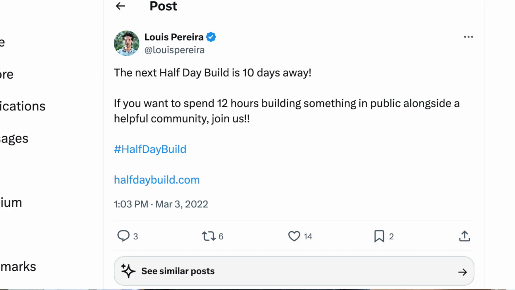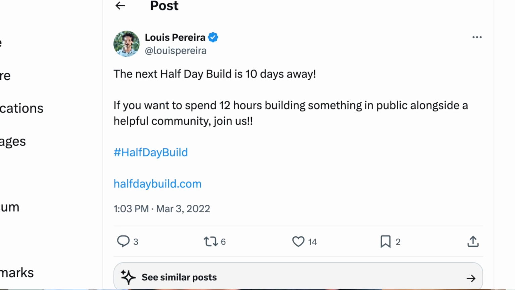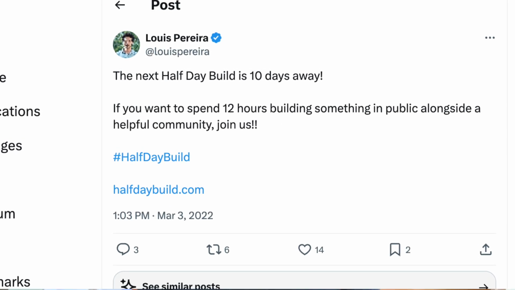Now, we mentioned before about Lewis building in public, and this just means sharing your journey as you build an app, as you build something online. And he talks about how it's important to do this, or the benefits of doing this is that people are going to follow your journey. They're invested in your journey. And if they are following your journey, then they're more likely to then actually get what it is that you produce at the end. But they also see people who take risks. They see people fail and then get back up again. And that shows people that the person behind the company is someone who is going to make this work.